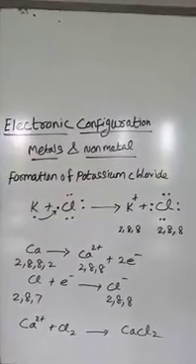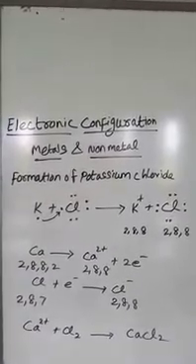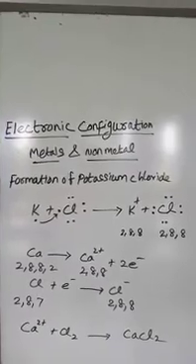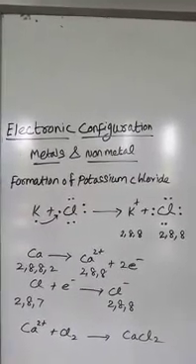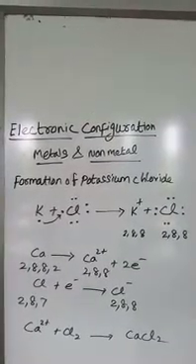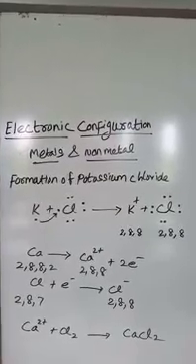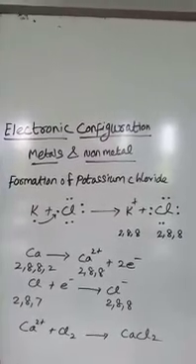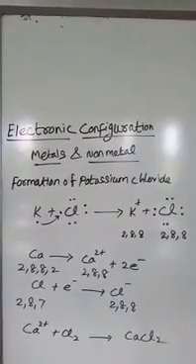Is it right? In the same way, already we have written 2, 8, 8, 1 for potassium. The last shell is occupied by only one electron, and that one dot indicates one electron. In the same way, chlorine. See how many dots there are? There are 7 dots. In the last shell, how many electrons will be present? 7 electrons will be present.